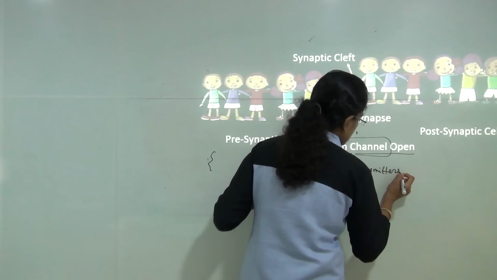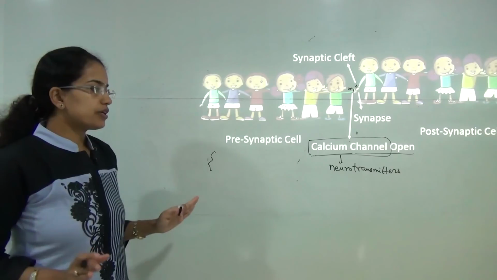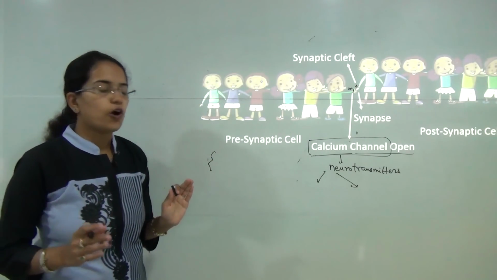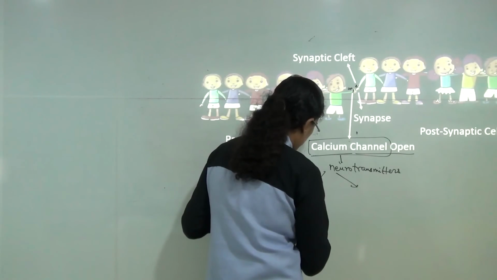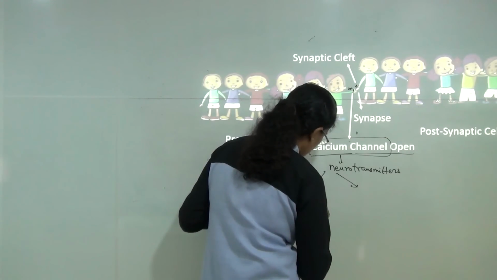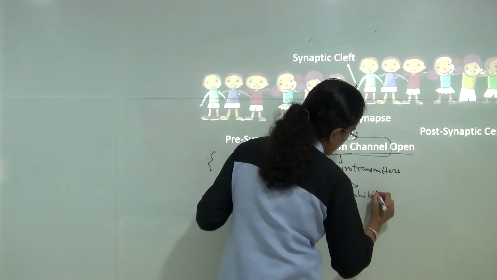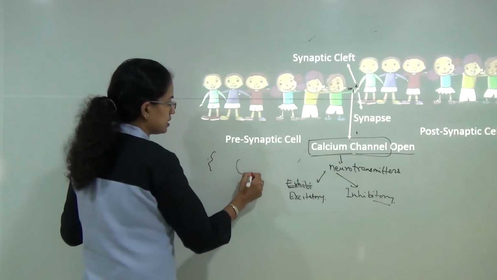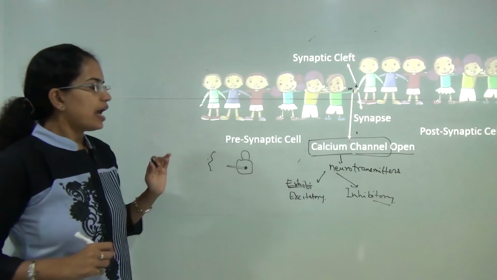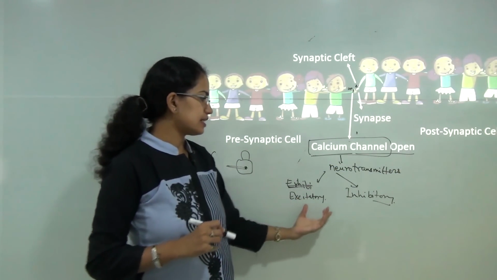Now again, this release of neurotransmitters by the calcium channel opening would govern two phenomena. It could be excitatory in nature or it could be inhibitory in nature. As we have talked about in the previous class, we have gone through the various types of neurotransmitters which are excitatory and inhibitory. Now let's see how they function. We have discussed the lock and key mechanism. So you have a key that opens the lock, and you have neurotransmitters which are either excitatory or inhibitory.